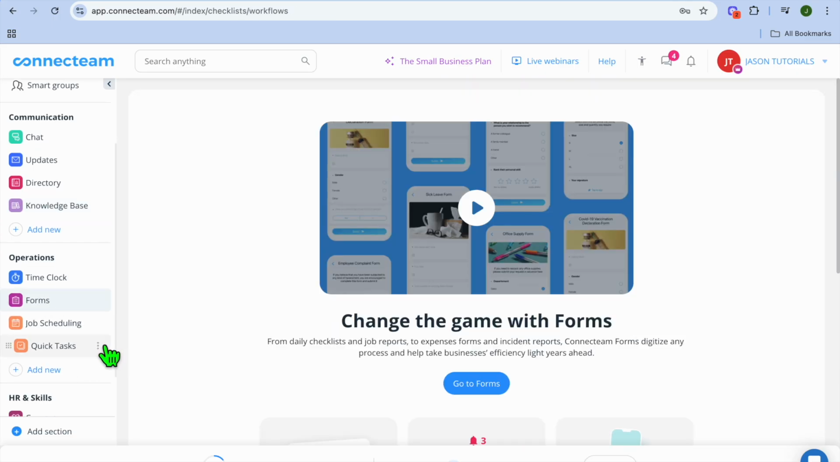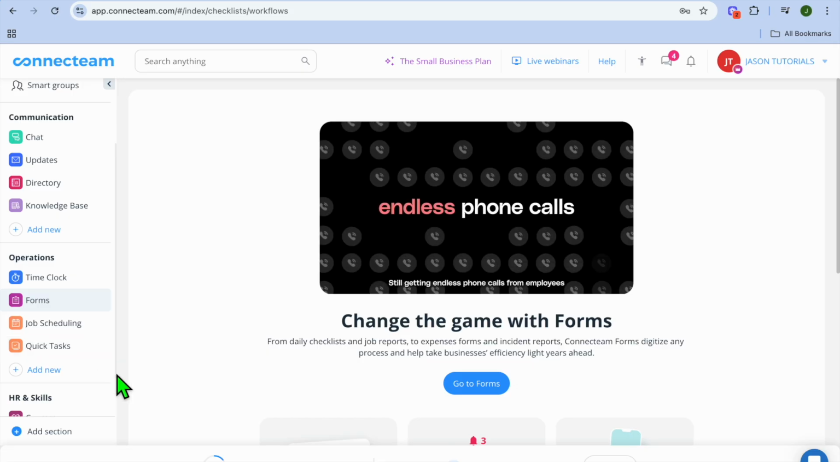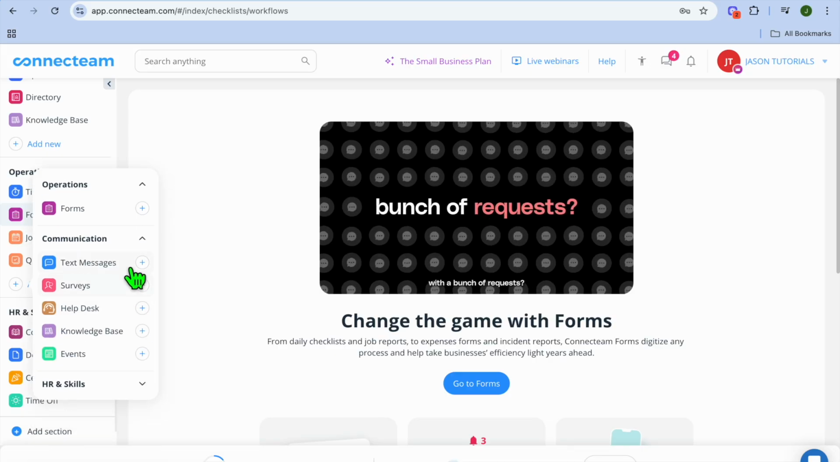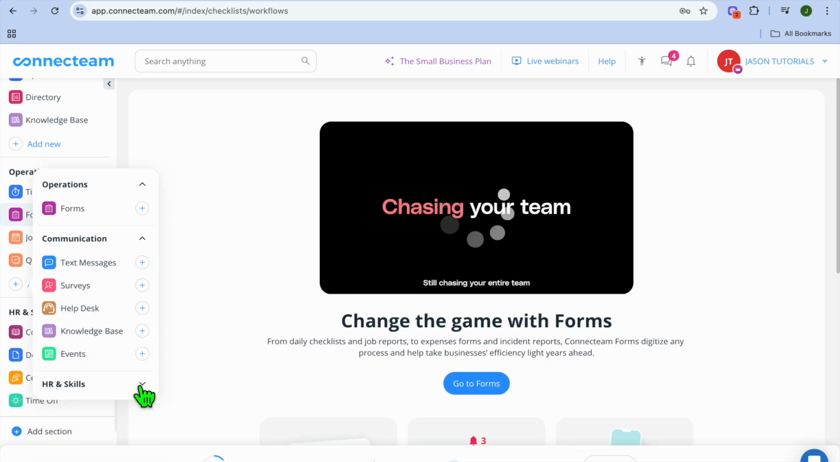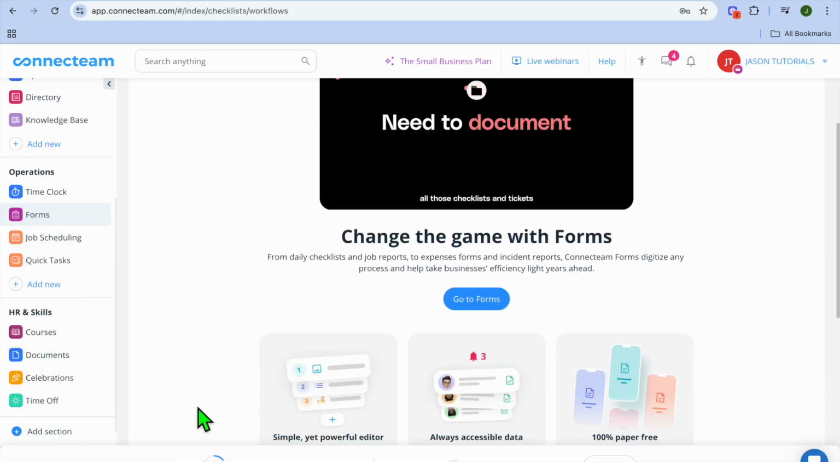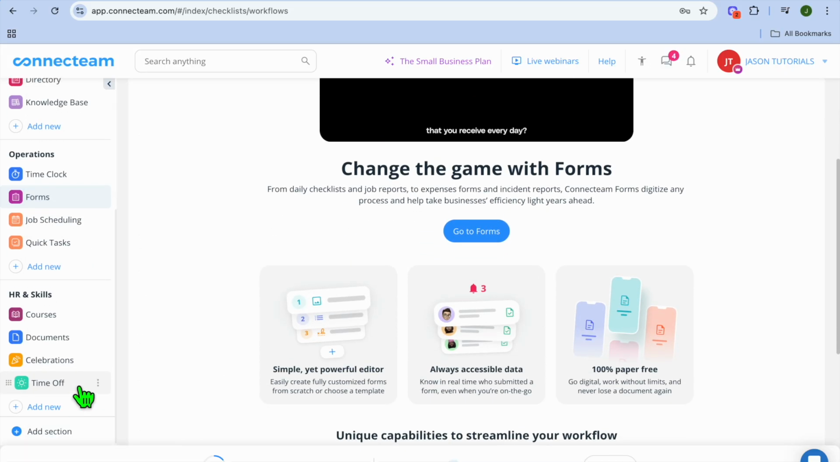You can also create forms, as you can see forms from the left hand column. And another thing, if you would like to add more operations, you could tap on Add New. Then we could select Communication, and you can see the different options that you can add right there. Whether you like to set up quizzes, courses, or recognition, there are numerous options that you can set up